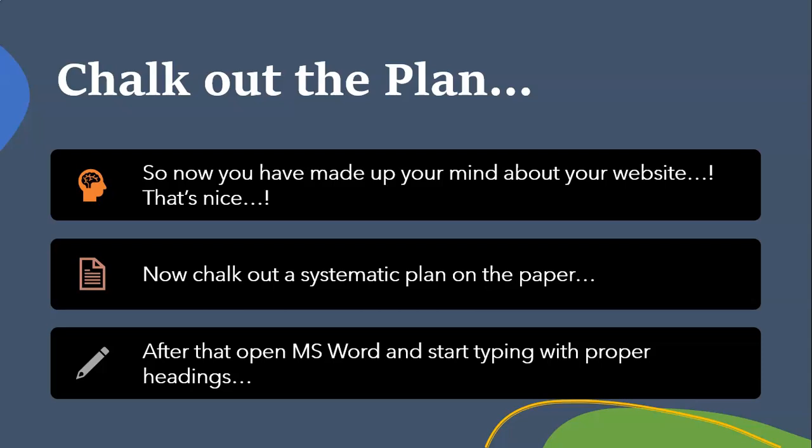So a systematic plan, how to write it in MS Word, Microsoft Word format with proper headings, heading 1, heading 2, heading 3, 4, like that.